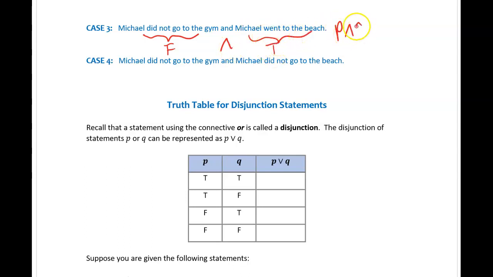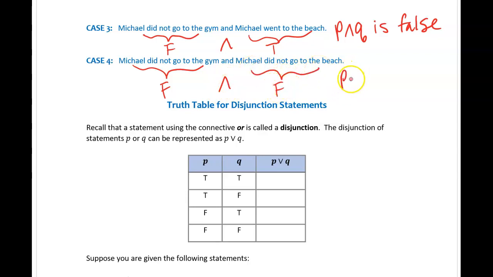The statement P and Q would be false. Case 4, Michael did not go to the gym, meaning P is false, and Michael did not go to the beach, meaning Q is false. The statement P and Q is false.